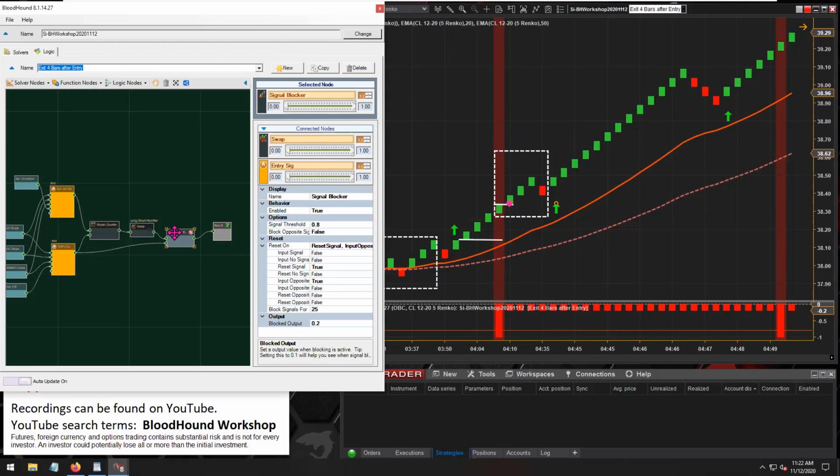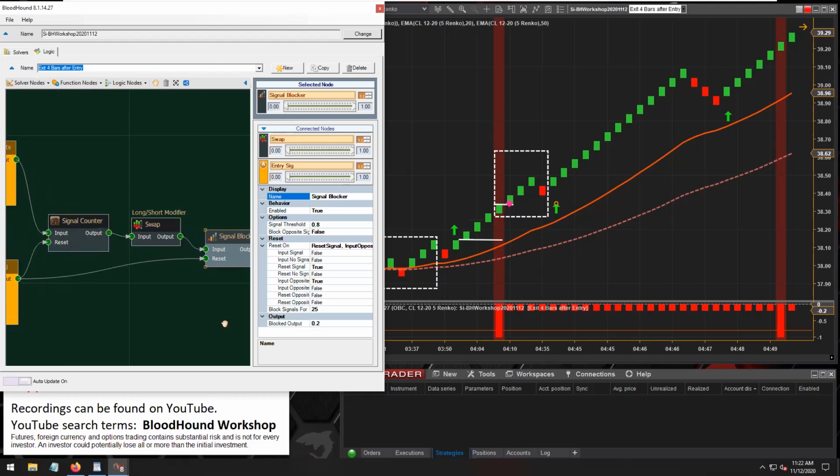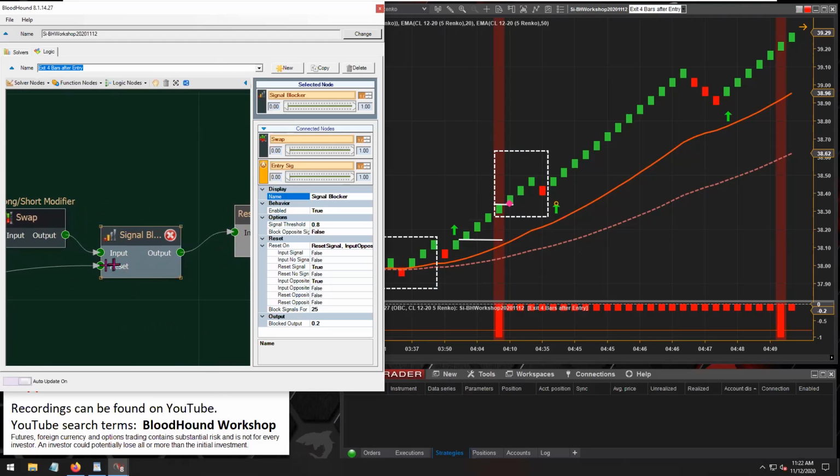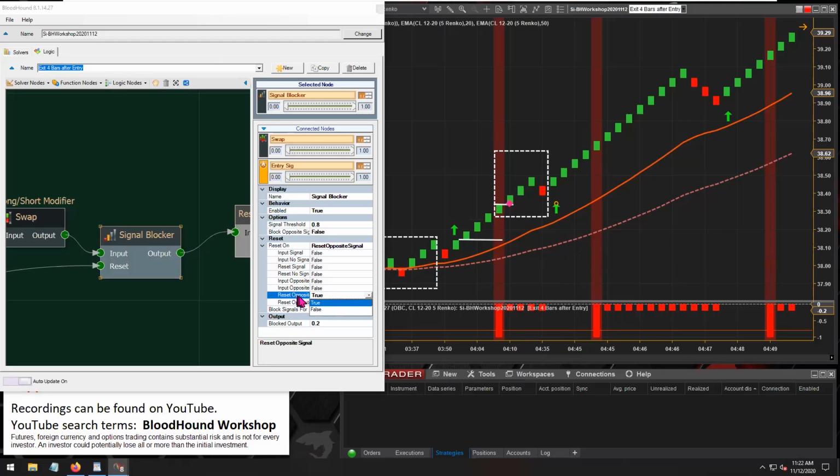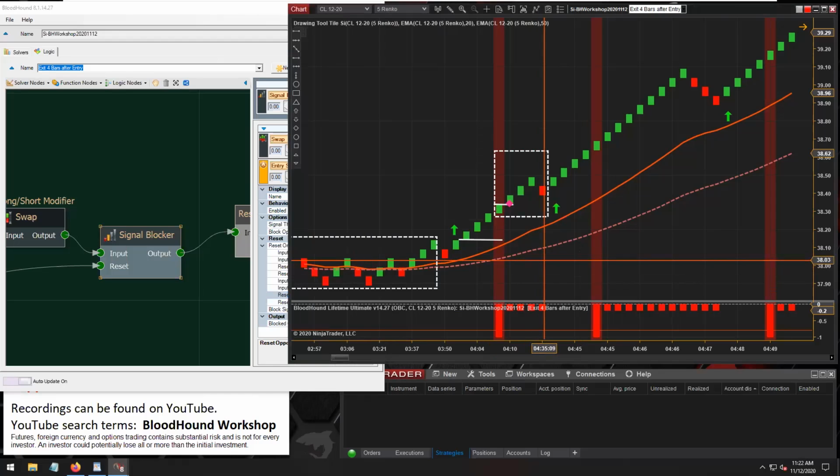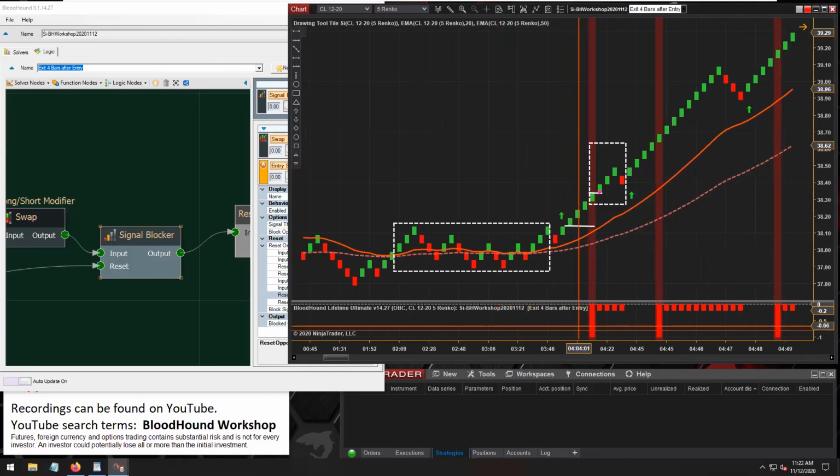And so what we need to do is reset the signal blocker. I'm using the reset connector here. We need to use the entry signals to reset the signal blocker. And so what we need is reset opposite signal. There we go. As soon as I enabled the reset opposite signal there, now we can see,